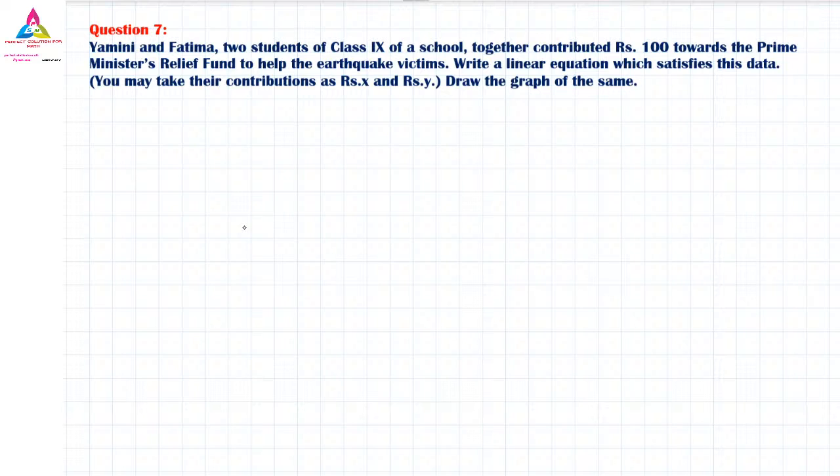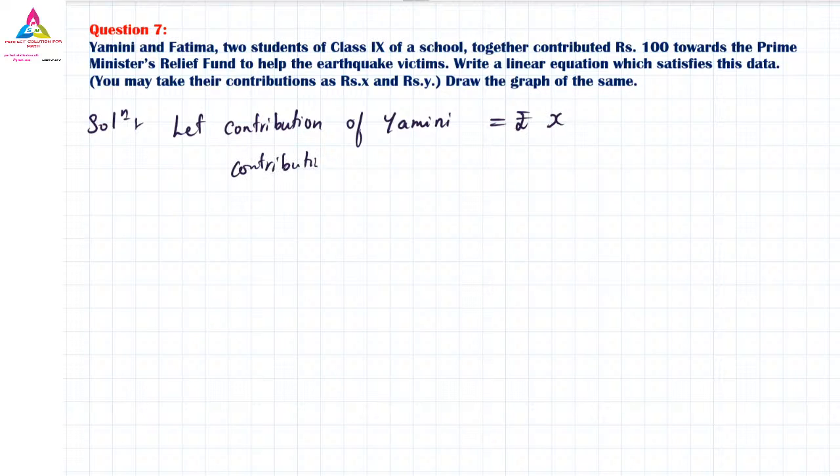So let us write it down. Solution: let the contribution of Yamini be equal to rupees x and the contribution of Fatima